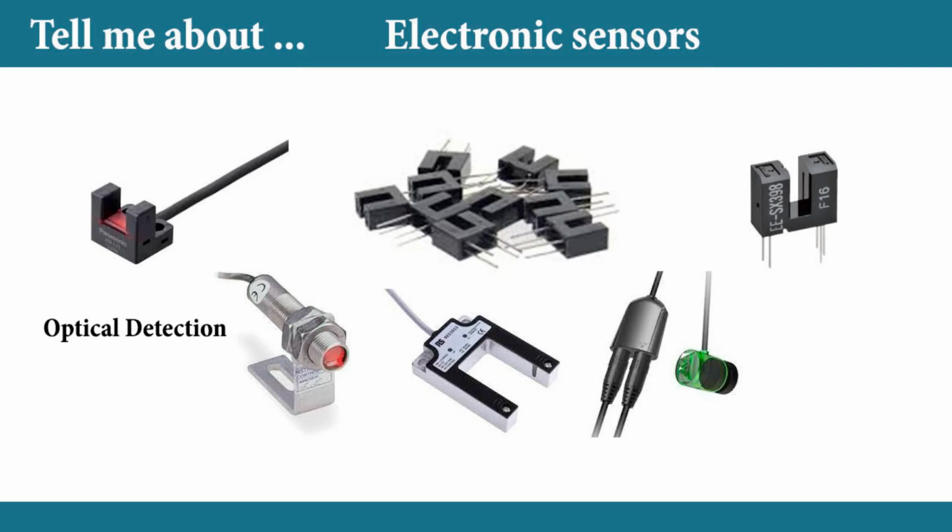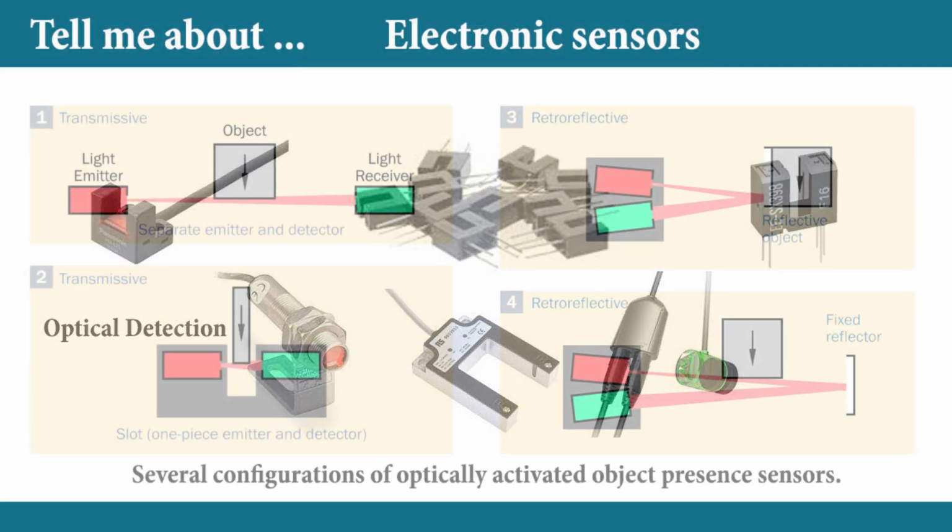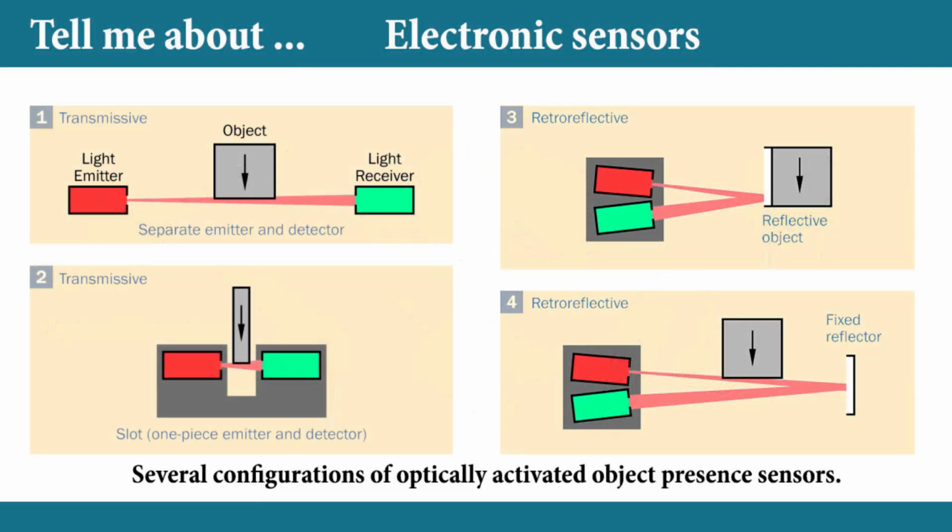A reflective optical sensor also features a light source and a light detector, but they are situated side by side, pointing in the same general direction. When both elements are incorporated into a single module, which is commonly done, this setup is correctly identified as a retroreflective sensor. The sensor can be activated in one of two ways.